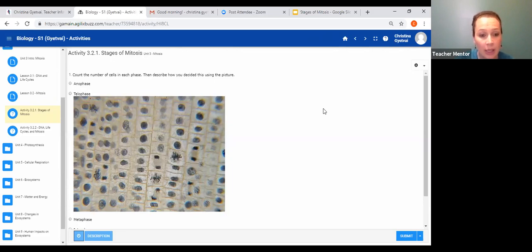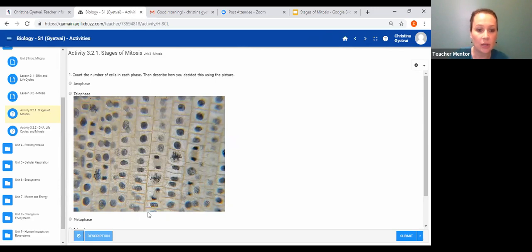So then we have, I guess I should have started at the first stage, but I didn't. Okay, so prophase, stage one. Prophase, again, is where we can see the DNA, and we are going to see the chromosomes. So the chromosomes, I would say maybe this one. Again, lots of blurry images, but maybe this and maybe this one, just to give you an idea. Again, it's not about counting the cells exactly right, but looking for those differences so you fully understand